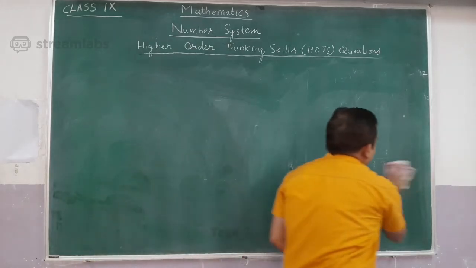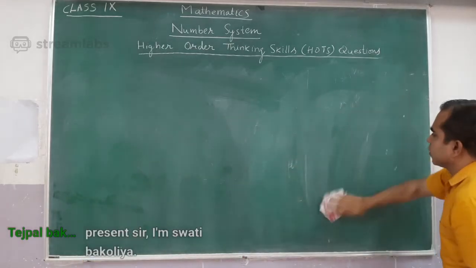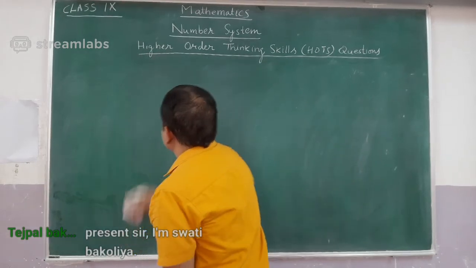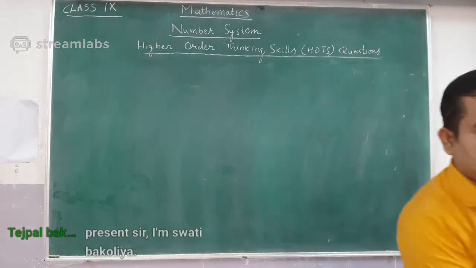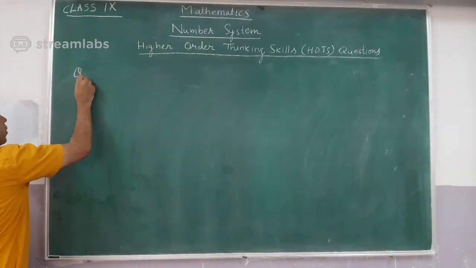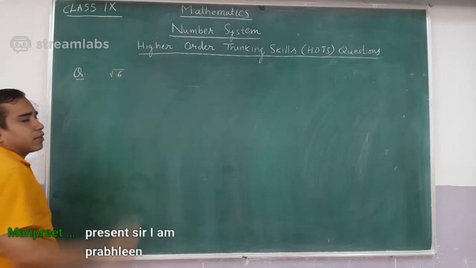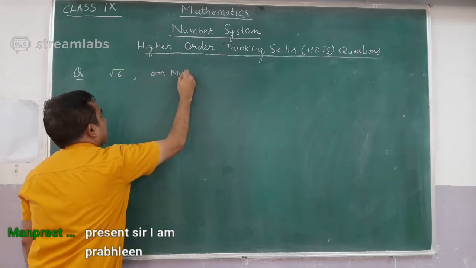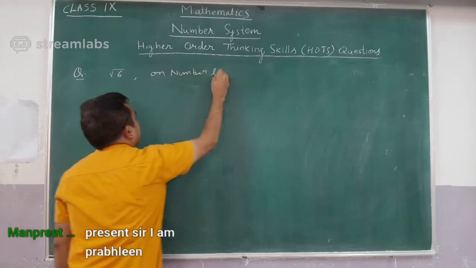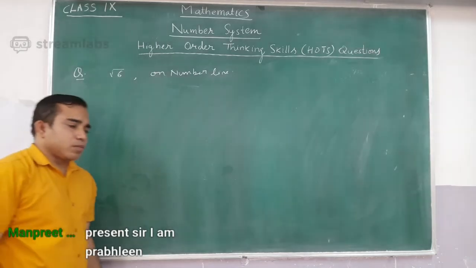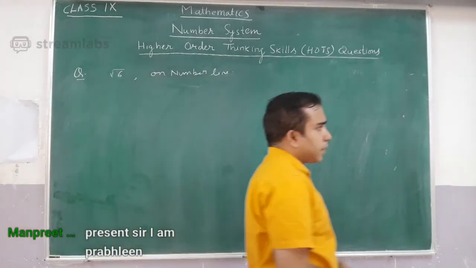If you remember, when discussing the concept, we discussed two methods, right? Suppose the question is that root 6, you have to show on a number line. Right? Then